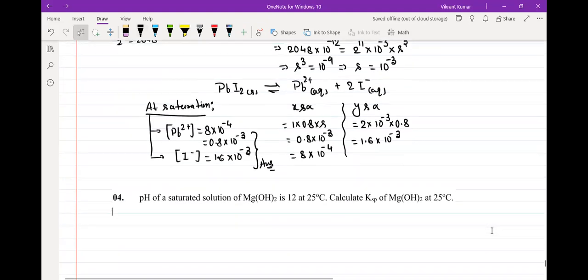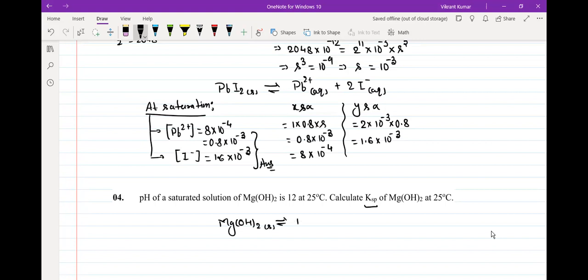This was about pH. There are multiple methods. Has anyone done it? Yes, sir. Any answer? Sir, can we just write the KSP as PKB? KSP as PKB? No. How can you write that? Because here Mg(OH)2 is not aqueous, it is solid. When we write KSP, it is for the reaction in which we have a solid substance